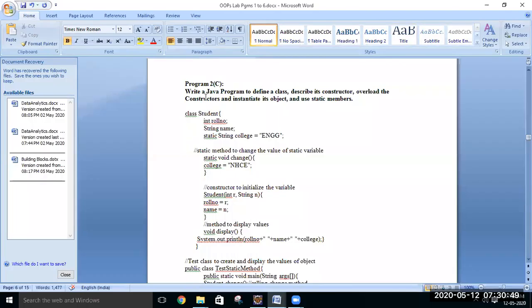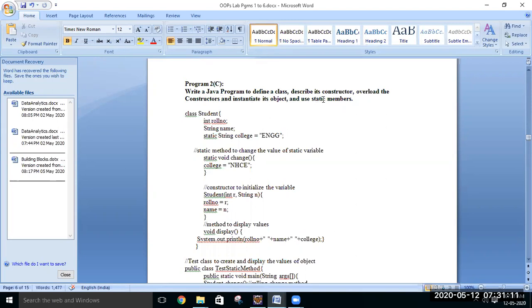Okay. Next part is we have to write a Java program to define a class, describe its constructor, overload the constructor, instantiate its object, and also use static members. So this is covering most of the aim of our Java program 2. Here we have to make use of static members.